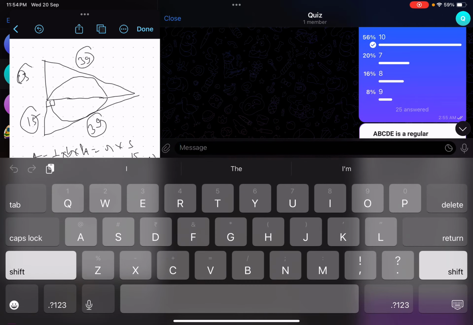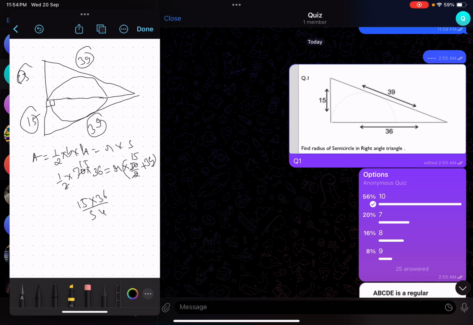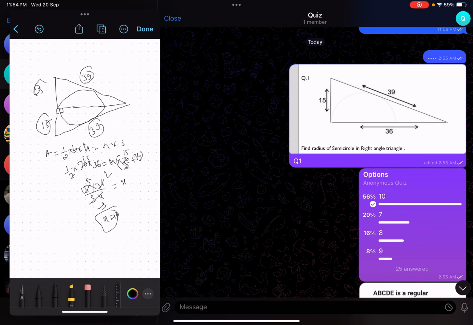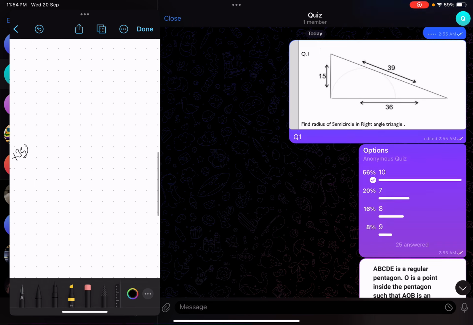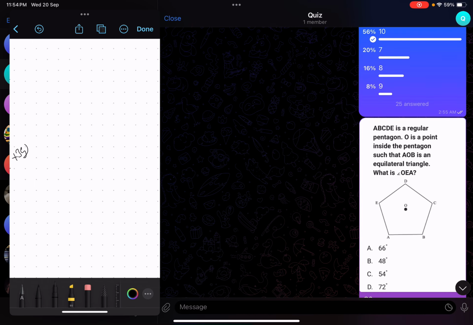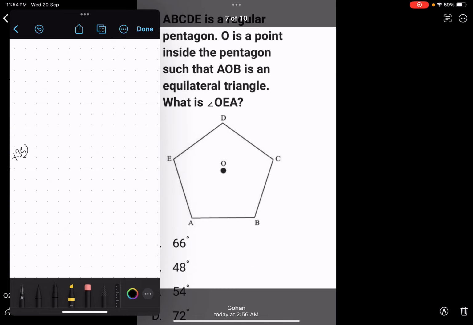So 5 and 4. I can write r as, now 18 into 36, 18, 54, 3, 5, 15. r equal to 10. So 10 is the answer to this question. This is very easy if you do this. You can do this with similarity as well, but I don't prefer that. Now let's come to the next question. I'll do it here itself.